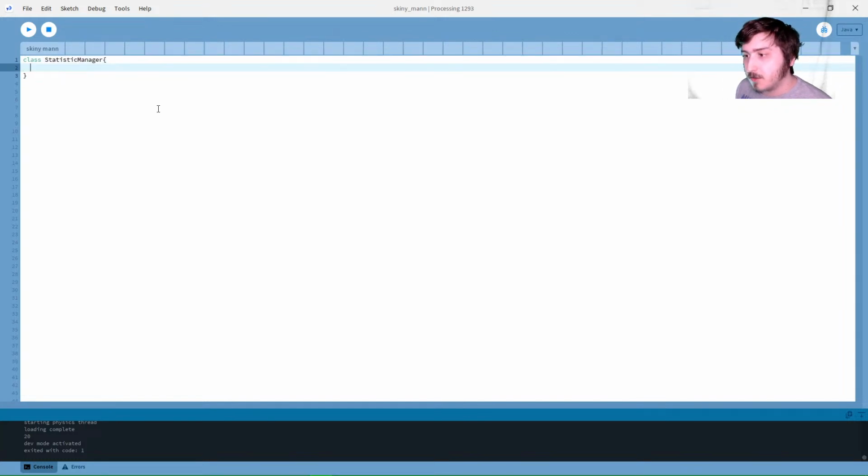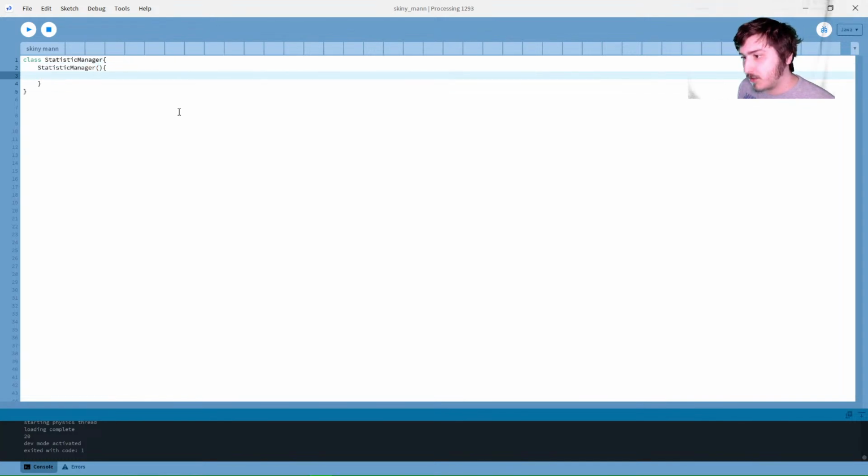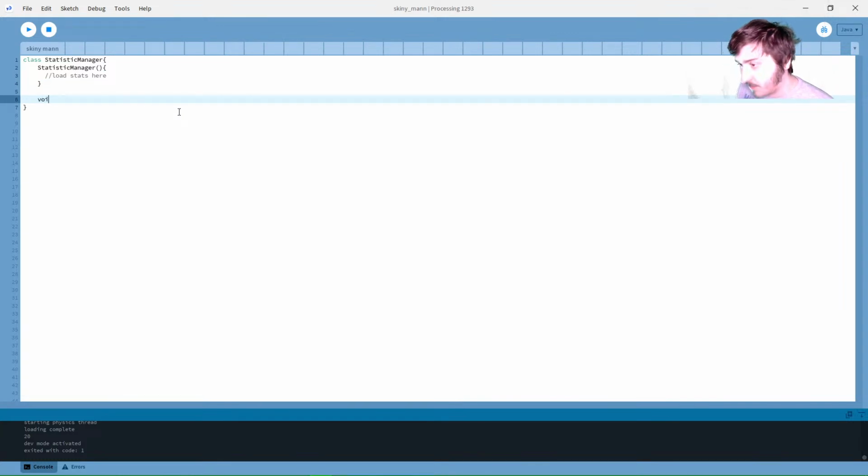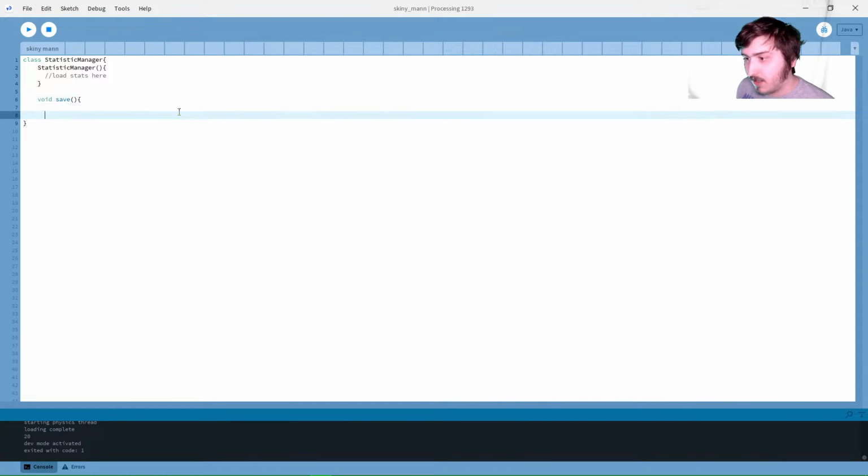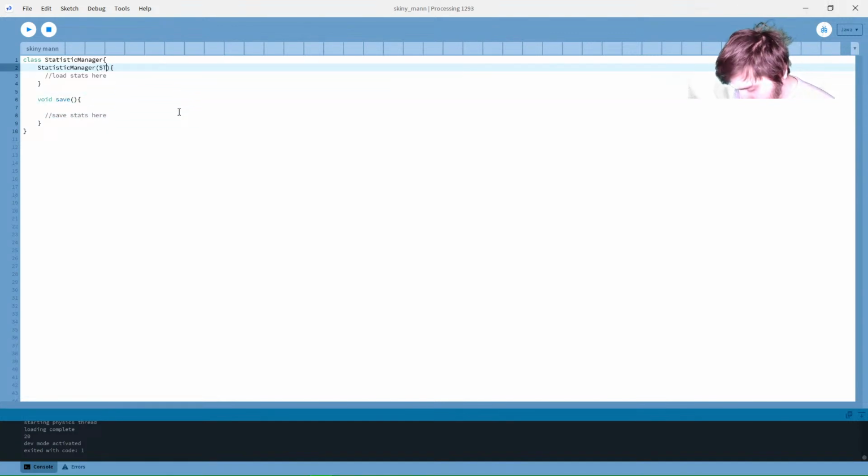So we're going to have to do a couple things. We're going to have a constructor where we're going to load stats here, and we're also going to have a save function where we're going to save stats here. And actually, your constructor is going to take a string,